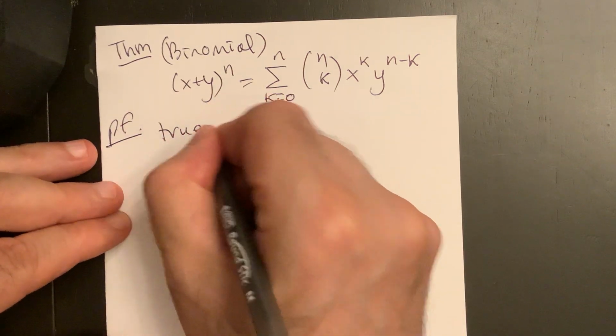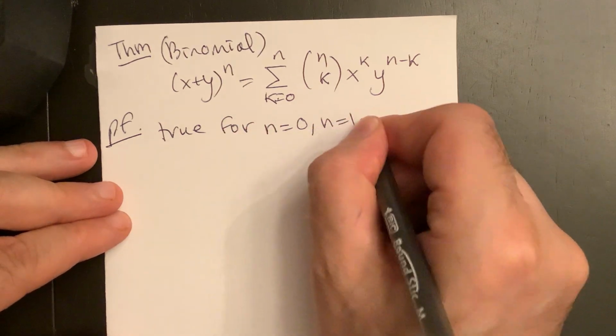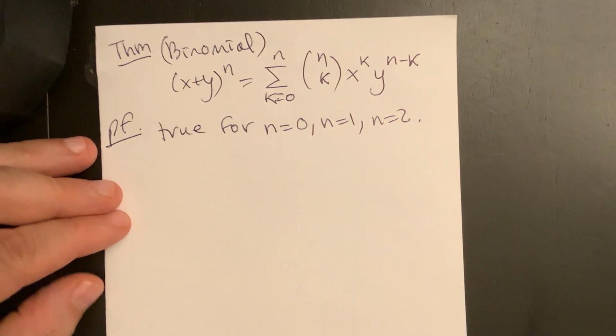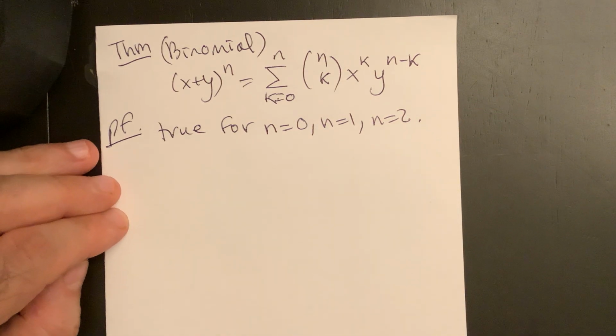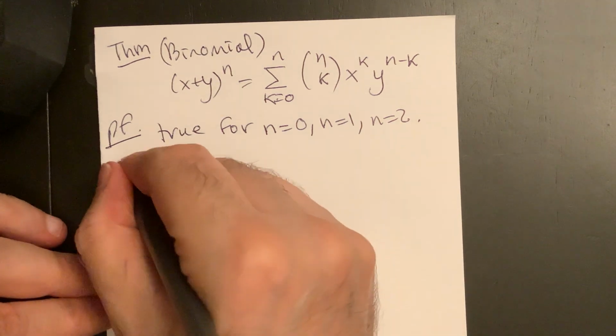It's true for n equals 0, n equals 1, n equals 2. You can do these by hand, okay? I won't do them. You can do them by hand. Very easy to check, okay? Then we'll assume true